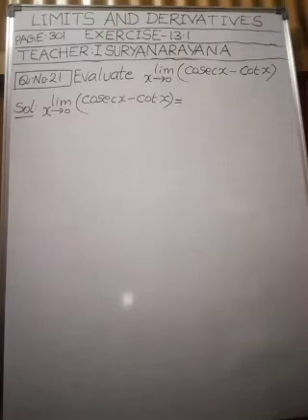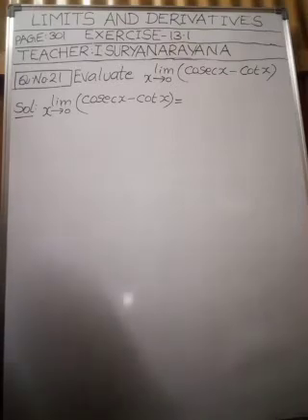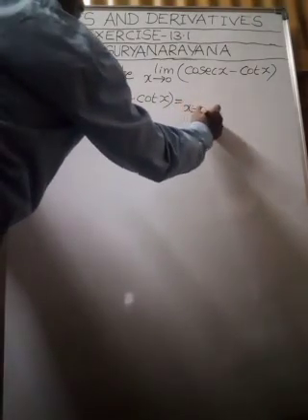Previously, we discussed that the limit of a function should not be an indeterminate form. So, in case we get an indeterminate form, then we have to follow some other method. Okay, my children? Right. That is equal to, as x tends to 0, limit,